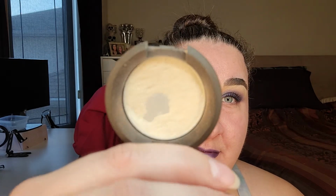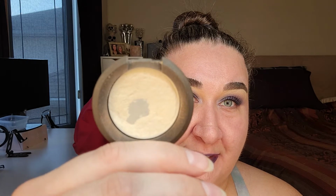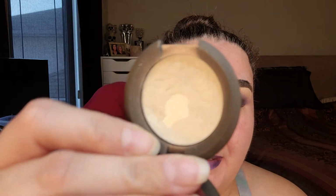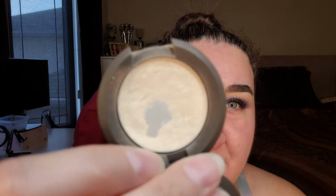And this is where I'm at right now. So as you can see, I have quite a bit of pan showing, and I'm so proud of myself. It looks like around this area here, just around the pan, I have quite a bit of a dip going. I don't know how much you're going to be able to see, but my goal is to have this finished this year. And I have 2 full-size backups of this highlighter. That's how much I like it. But I also have a ton of other highlighters in my collection that I absolutely love as well, and I need to get use out of them. So I want to at least finish 1 highlighter this year, and then the rest I'm just dabbling in to see what I think about them and if I want to keep them in my collection, which I probably will